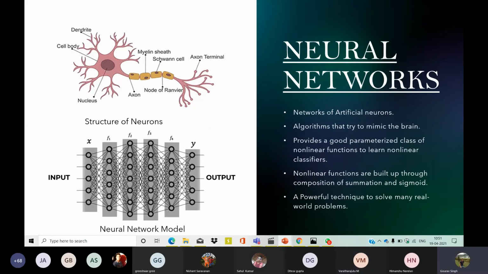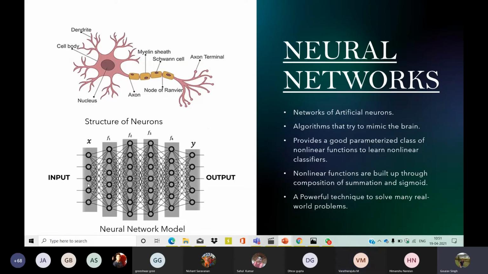So how are these nonlinear functions built in a neural network? A neural network involves a composition of summation of sigmoid functions that makes it nonlinear, and we can see here that it has a network of neurons.